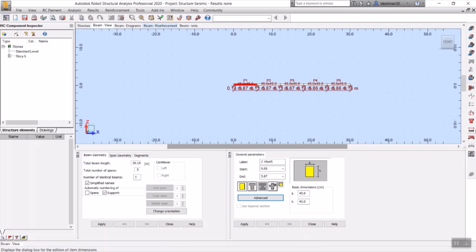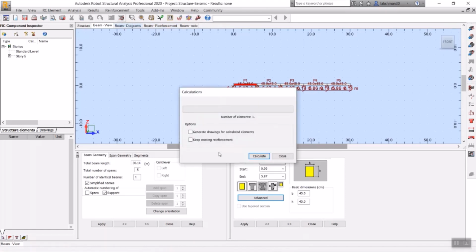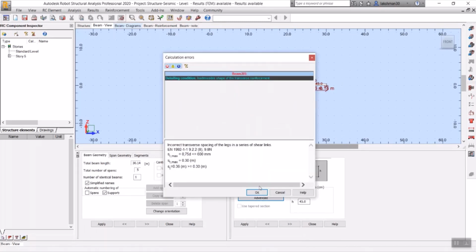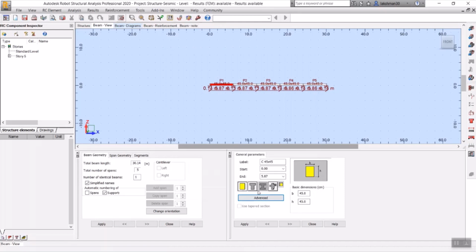You can see in this option the structural toolbar. You can make use of these parameters and you can run the design check. Now what I'm going to do is run the design check. I'm going to give calculate. Now you can see the design has been happening. Now we'll be getting the results of this beam. So I'll give OK. Some warning has been showing here.